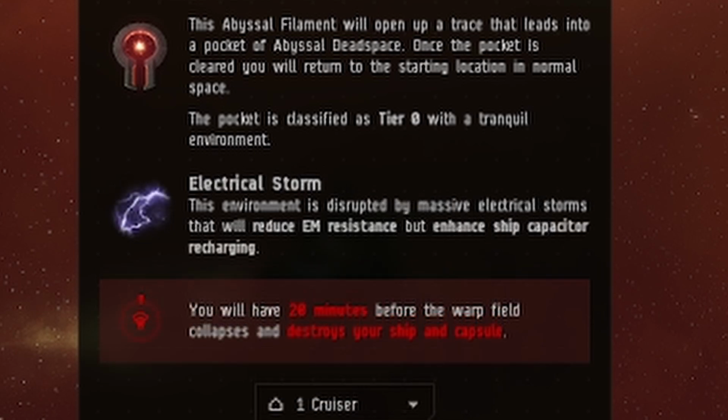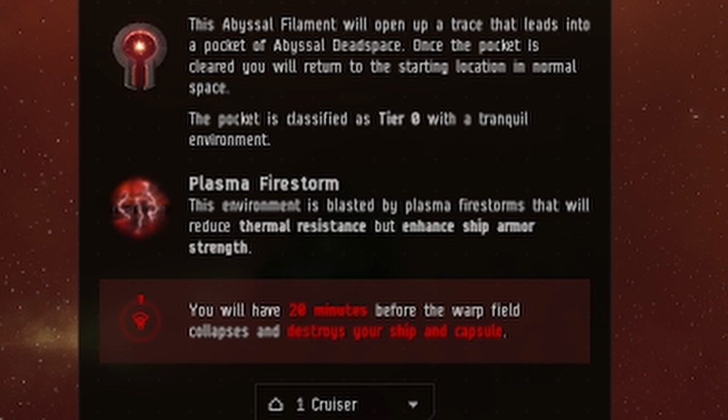In electrical filaments, the capacitor recharge time bonus effectively grants not a 50% bonus but rather 100%, as it halves capacitor recharge time, therefore doubling the capacitor recharge rate. NPCs receive essentially no benefit from this bonus, but players are able to leverage the additional capacitor regen to great effect. As for the Firestorm's armor hit point bonus, this bonus is the opposite of what is found in electrical